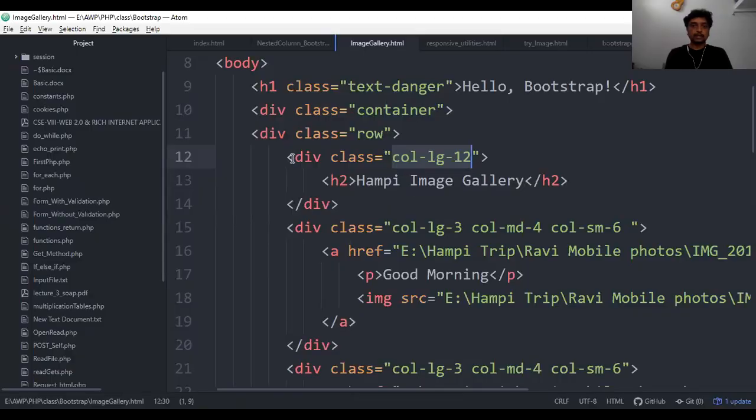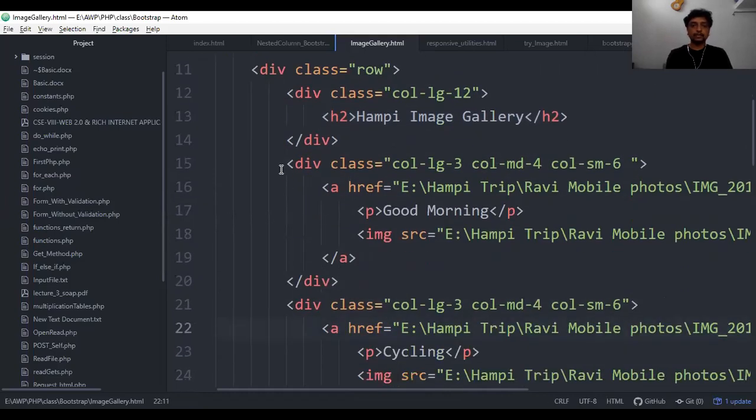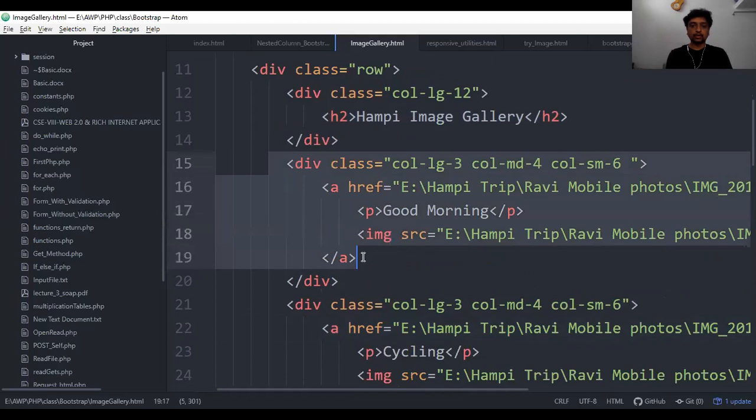Yes, this is right. Division class column LG, large devices, is equal to 12, because in the large devices it should view in the full screen. So in that division, I have written a text in the H2 tag. The text I have written is Humpy image galleries. Then I use another column.